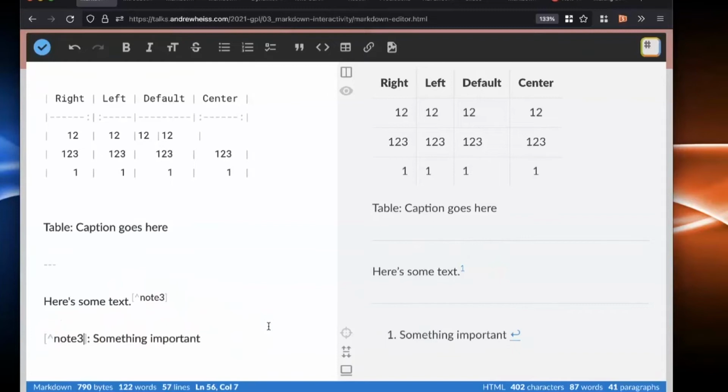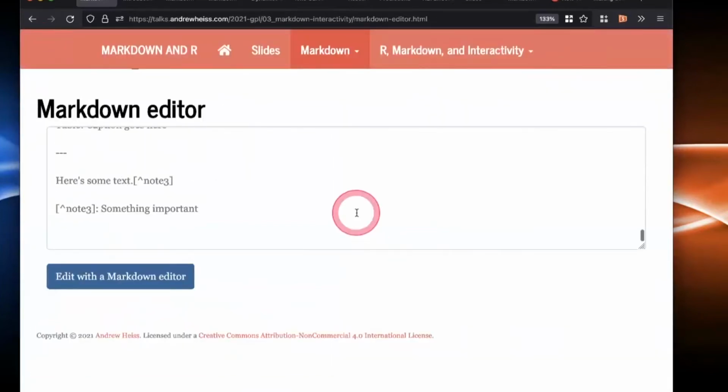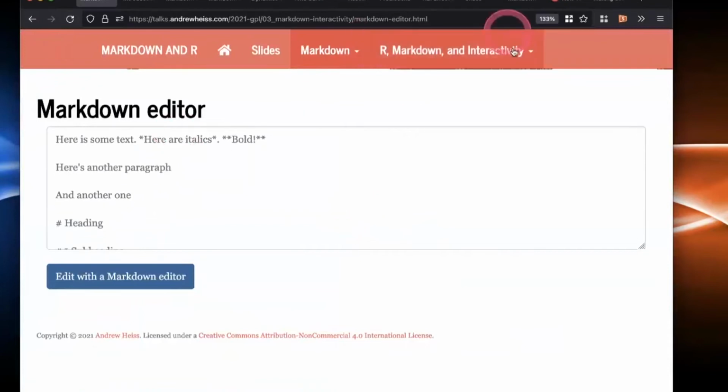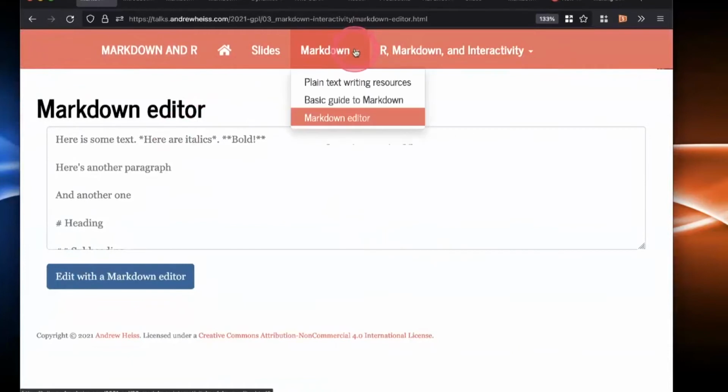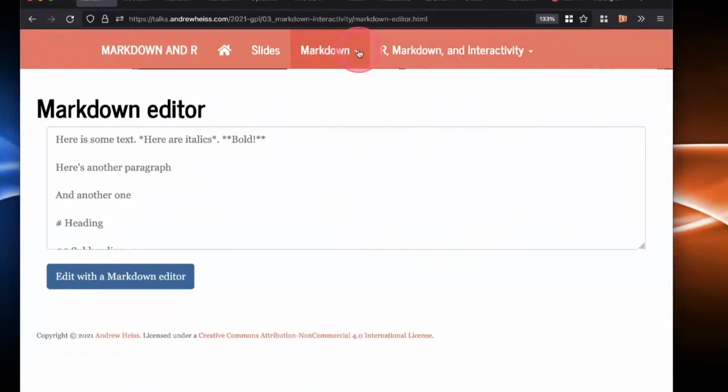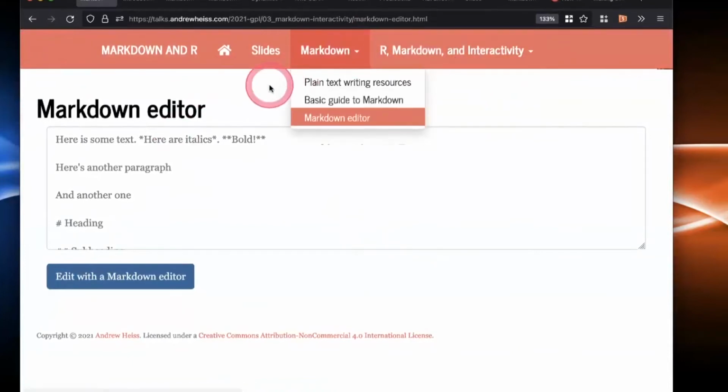You can do cool stuff. So let's close that. Again, none of that is saved. It's just kind of in your browser, just a way of playing with stuff. So what we're going to do now is give you a little bit of practice actually playing with Markdown on